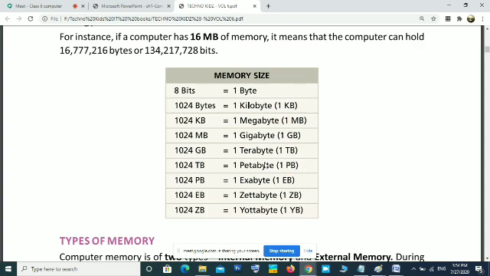Yes. Any other doubt? Yes. I am going to come to that point. So a terabyte is enough for us, for house work or office work. TB or terabyte memory is enough. But for big companies, this 1 TB is not enough. So they will go for higher capacity storage.